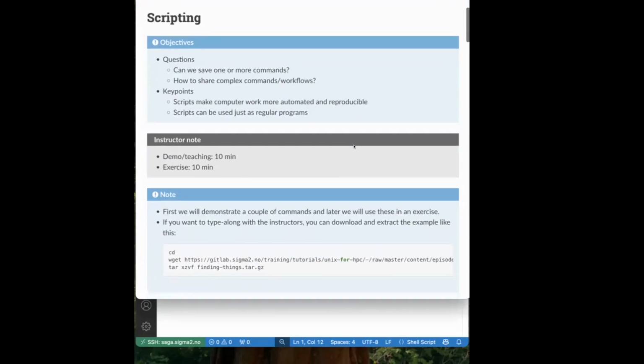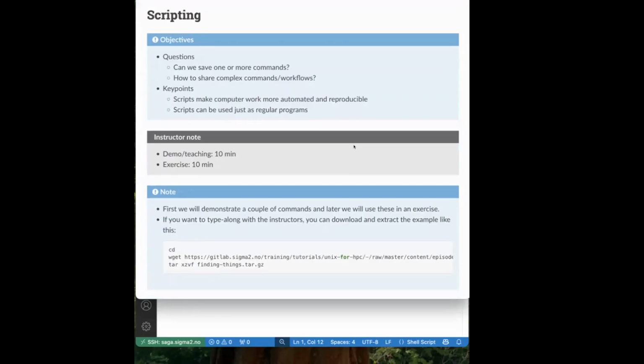So scripting is what you can do in order to combine certain commands into a script that you can execute in the same way that you can execute simple commands. So we've seen a lot of commands today, maybe 10, 15 different ones, with cd (change directory), pwd, ls, we've seen cat, less, lots of different things. And all of these,